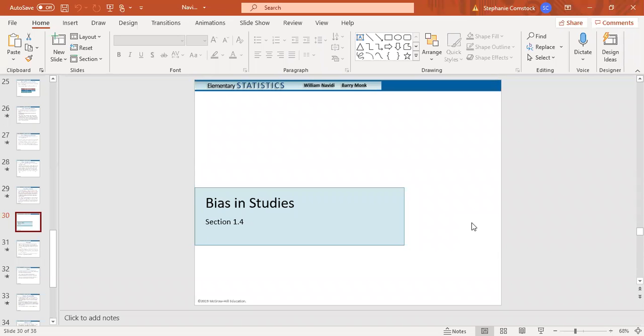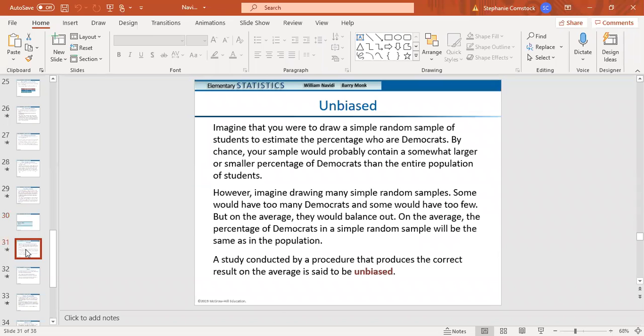Okay, we're going to look at section 1.4. This has to do with bias in studies and how bias can be introduced or can show up in the studies that we're looking at. So that you get the idea of what bias is in terms of our statistics class,